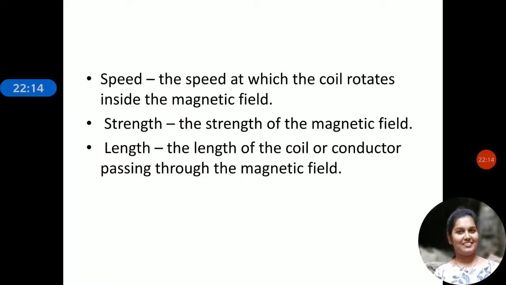I is the amount of current that is flowing in the conductor. L is the length of the conductor in meters, and B is the magnetic flux. All these are directly related to the EMF that is induced in the conductor. So E is equal to BIL newtons, where B is the magnetic flux, I is the current flowing in the conductor, and L is the length of the conductor.